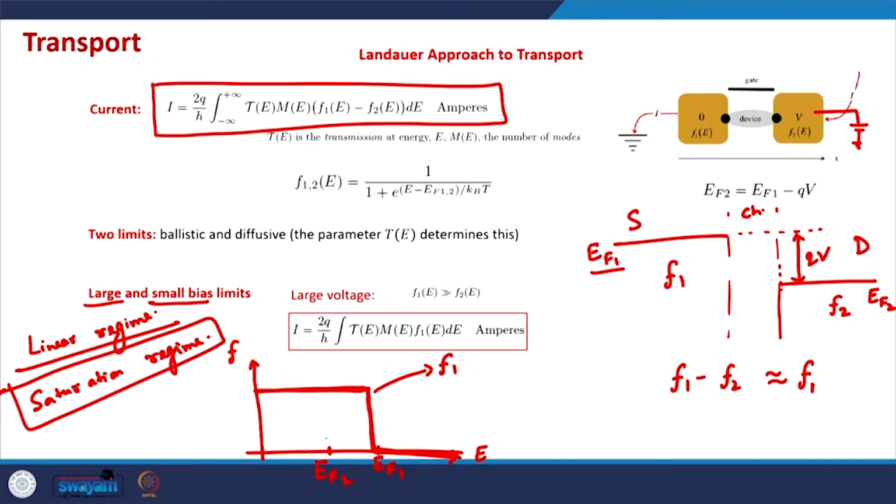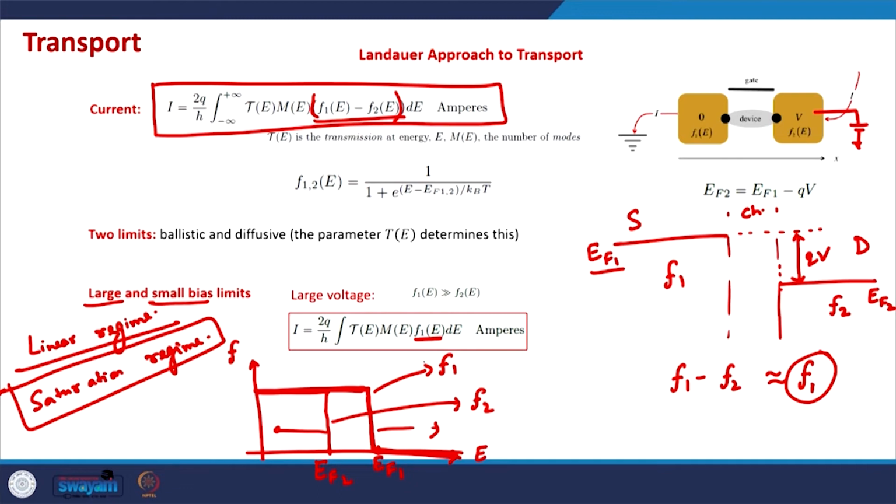Similarly, the Fermi function F2 will be this, and in this, EF1 is extremely larger than EF2, which means that this is far away from this, and this is maybe close to the origin or somewhere. So then this F1 minus F2 can be approximated by just F1 fairly. In this equation, the F1 minus F2 term can be approximated by the F1 term. That is generally the case in the saturation region of the MOSFETs in the large bias